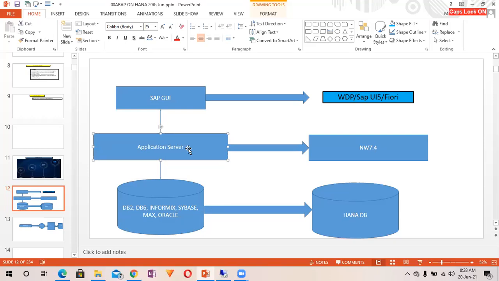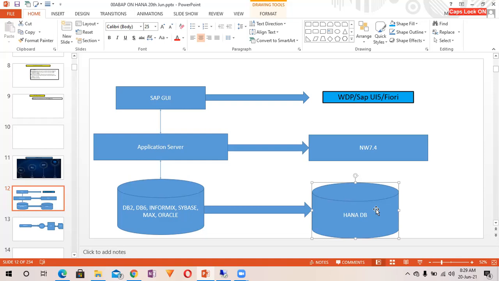But when HANA DB came into the picture, the processing of business logic, processing of data, suppose you have to aggregate the data, suppose you want to sum up some quantity or some numeric field, or some currency field, if you want to add them up, aggregate it up, it's very much capable. Why? The first reason, there are basically two reasons, is the hardware involvement, as we have seen, right?